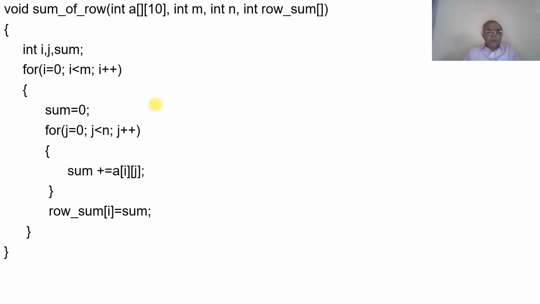So the value of sum of a00, suppose we take it as 1, or in general terms a00 plus, again it takes the next value of j, j plus plus. Yes. Then it will take the value of a01 plus a02. This is how it reaches the value of the row sum in the first case. Then again it goes to the increment.